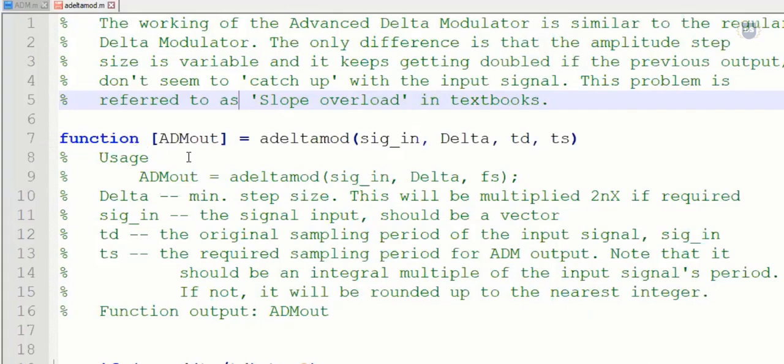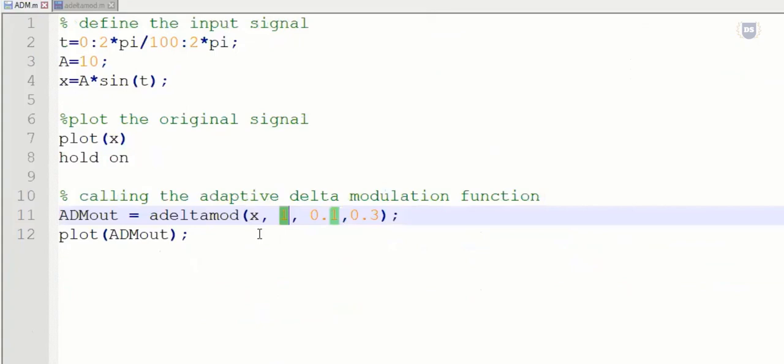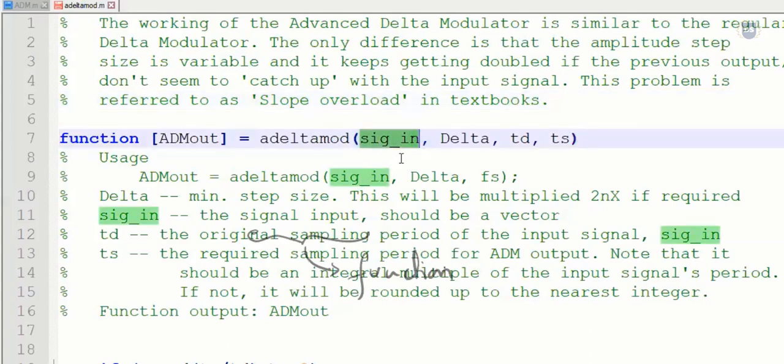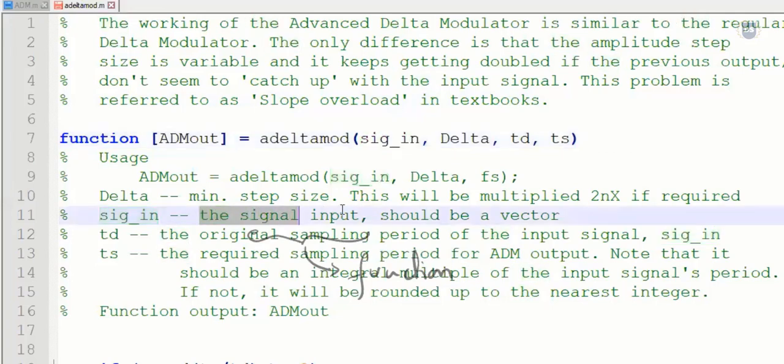When the control is passed onto this function, all these argument values will be mapped onto the function, where the first argument represents the signal input. You can see in the comment, the signal input, and it should be a vector quantity.